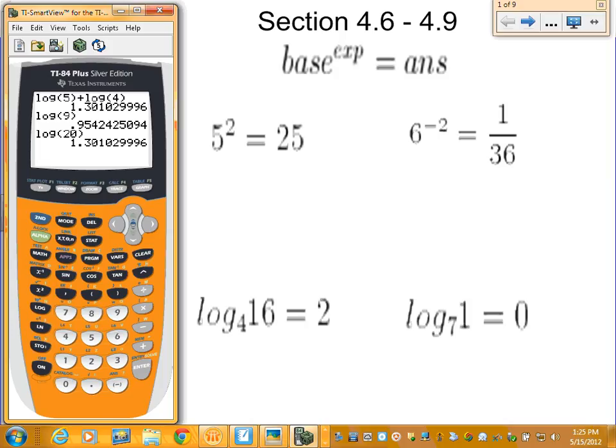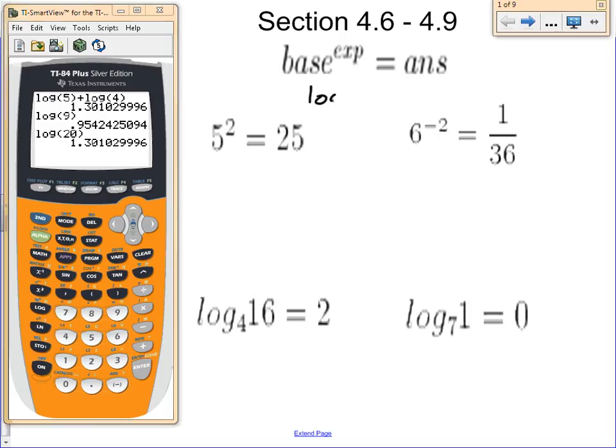You have to change something from an exponential form to a logarithmic form. So if I'm going to change from an exponential form to a logarithmic form, remember it's log, your base goes down here, log base, answer goes right there, and this is why I keep saying, what are logs? Exponents. So it's the exponent. So what that means is to change 5 squared equals 25 to logarithmic notation. What's my base? 5. So I'd say log base 5